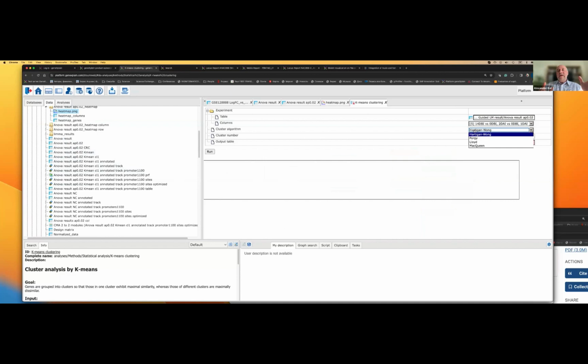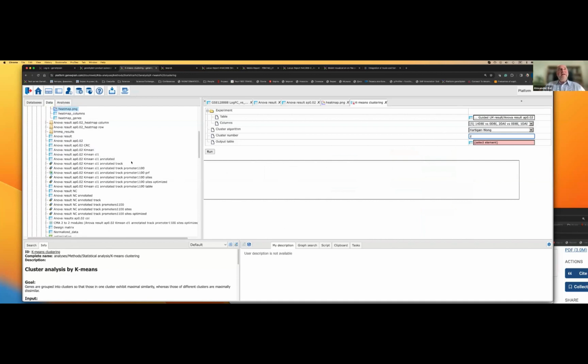Then you select which method of clustering you are doing, and then you say how many clusters you want to see. So I put here, I remember, I guess, 10 clusters, and then I got